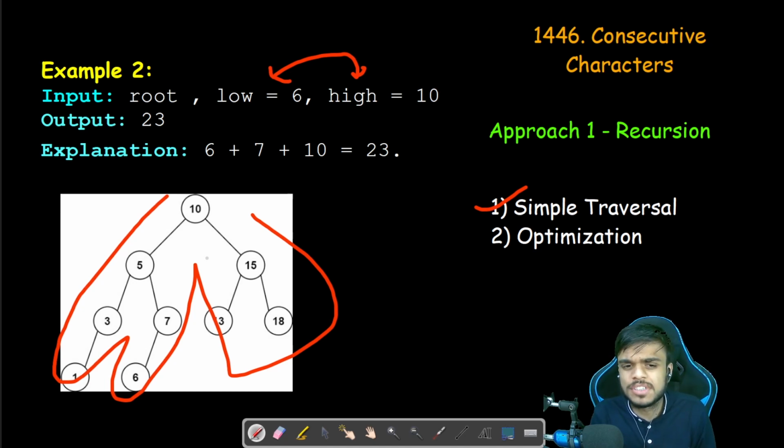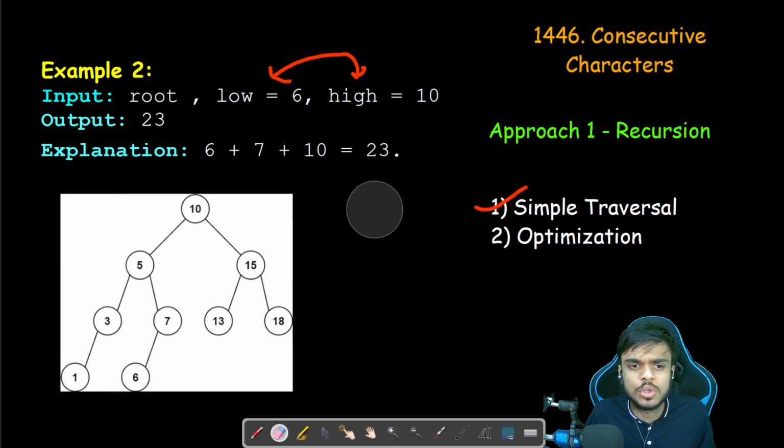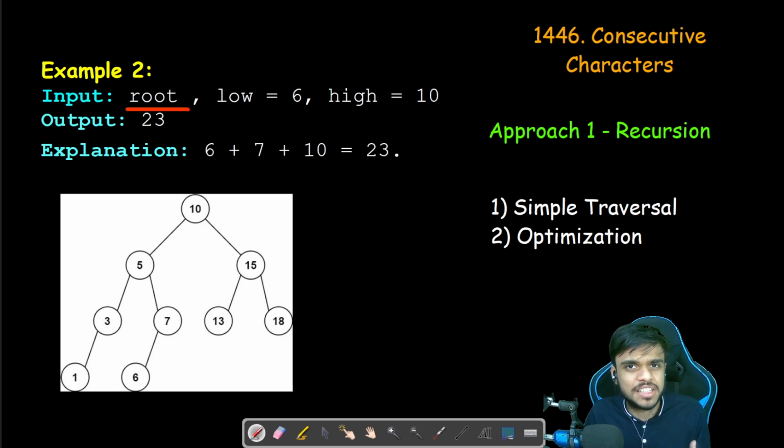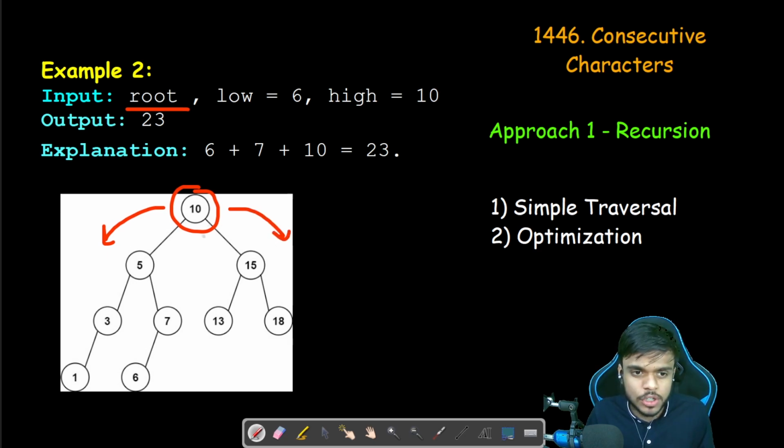But the problem with this is that we would be unnecessarily traversing all the nodes. So to optimize this approach, we can look at the input we are given. We are given a special kind of tree, and that is a binary search tree. In a binary search tree, the property is that for any particular node, its left children are always less than the parent node, and its right children are always greater than the parent node value. This property can be used to apply some checks so that we can remove redundant or unnecessary validations for some of the nodes.